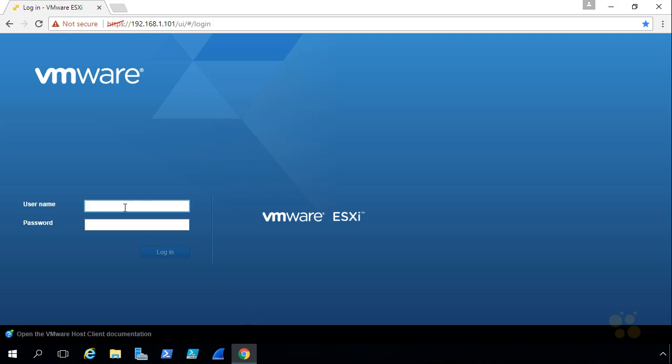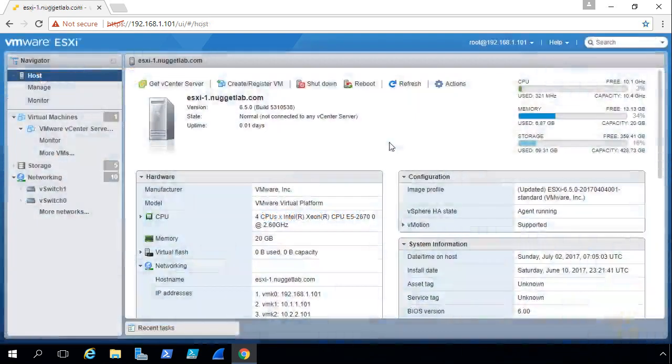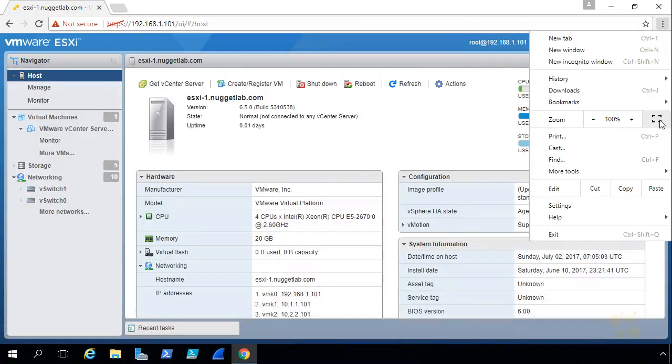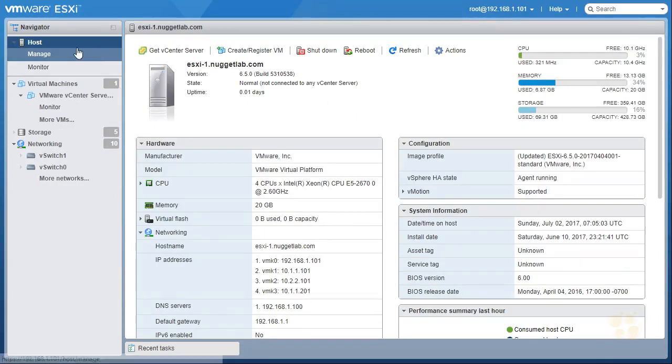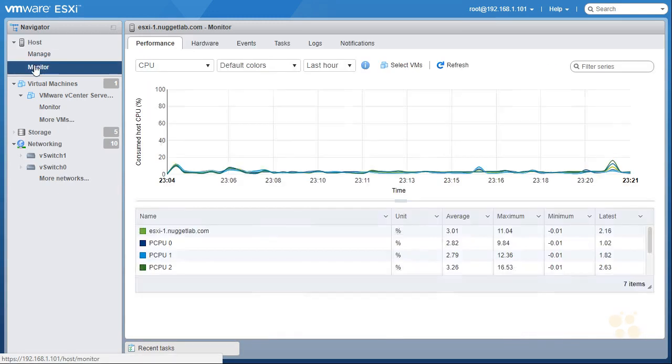Now, the login here on ESXi1, we're going to use the username and password that we initially configured on ESXi1 when we deployed it. The username is root, and we'll tab down, and the password is our lab password. So we'll supply that and then click on login. And to give us a little more room to see everything, let's also bring our Chrome browser full screen. Okay, so here on the ESXi host, if we click on monitor over here on the navigator pane for